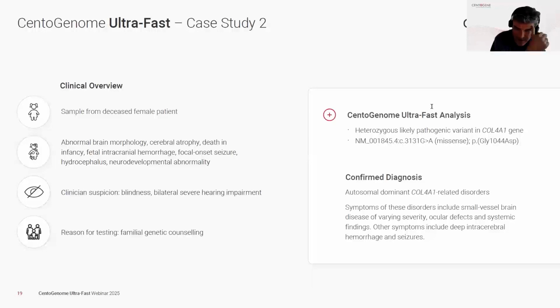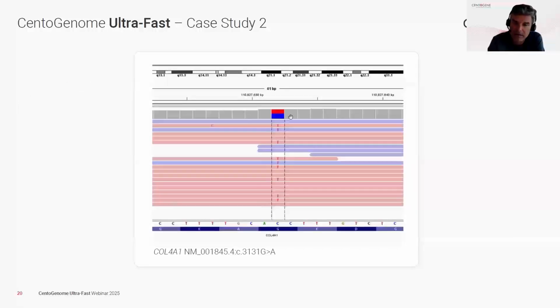related to small vessel brain disease and a varying severity of ocular and systemic defects. So especially the brain hemorrhage and seizures are very common there and have also been observed in this case. Once again, the technical performance was very good, and this call was established with high quality. We did in the follow-up as well testing of the parents and could establish a de novo mechanism as the most probable one. And so as well the prognosis for now the next steps in their family planning are much